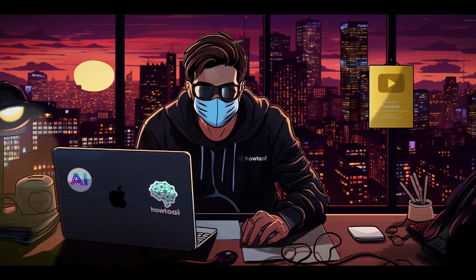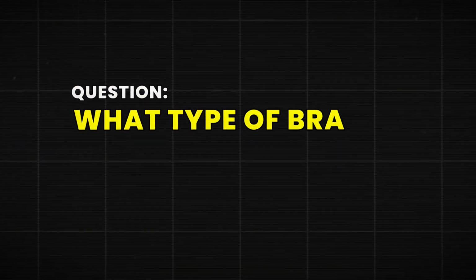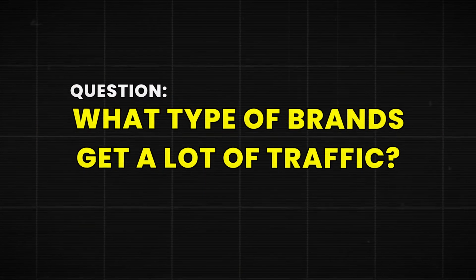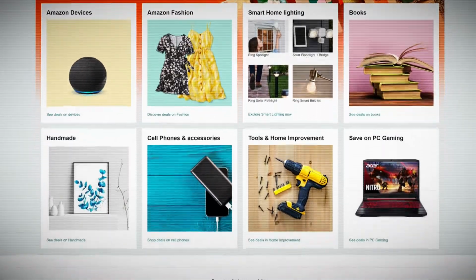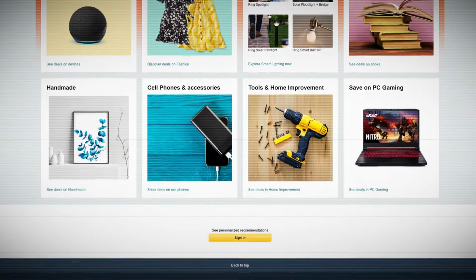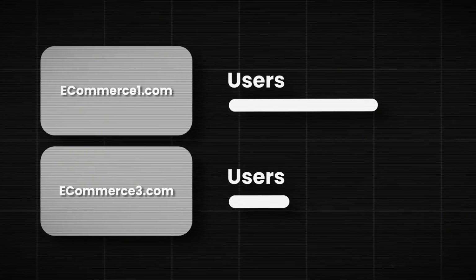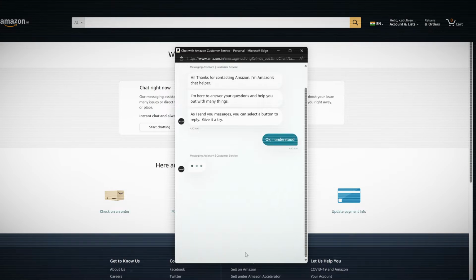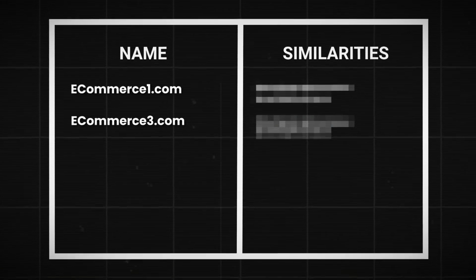This means it's time for part 2, finding your clients. This part is probably the hardest one, so listen closely. What I recommend you do is ask yourself the following questions. What type of brands get a lot of traffic? And I mean a lot. Most of the times, the answer to this will be some sort of e-com brand selling very generic products, preferably in a wide variety of niches. What you then want to do is find middle-sized to small-sized brands in whatever niche, because the bigger websites will most likely already have a chat function like this. Put them in a list and try to write some similarities these brands have. This information will be